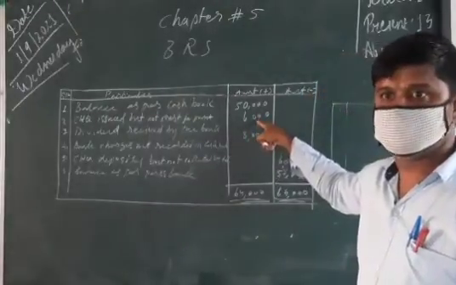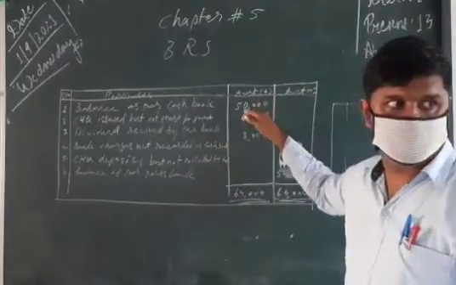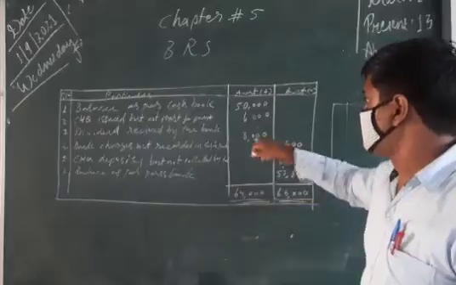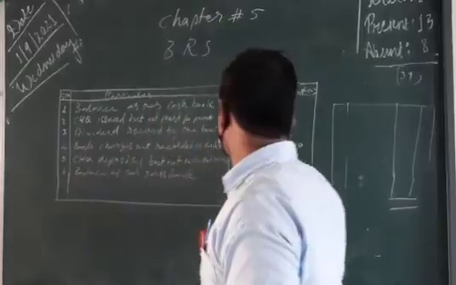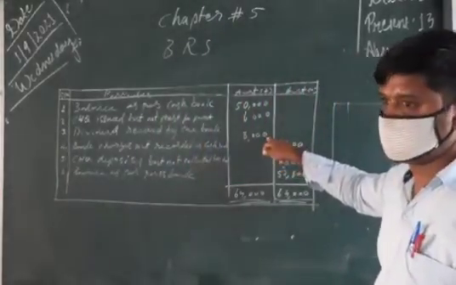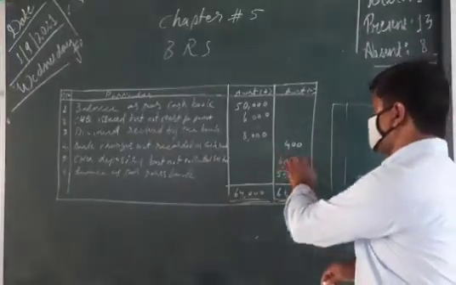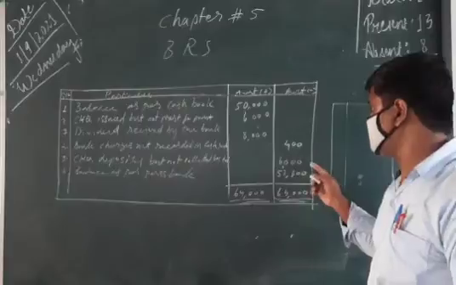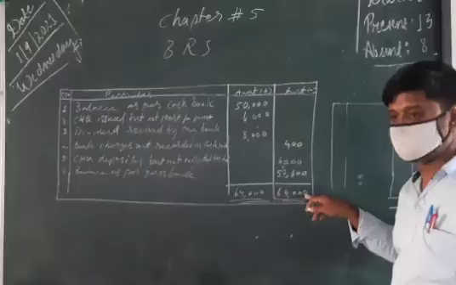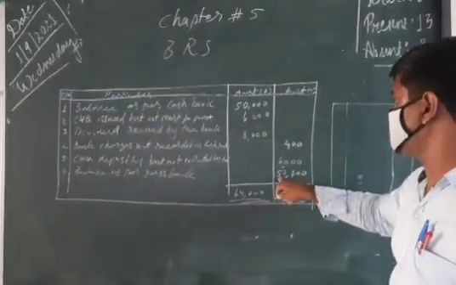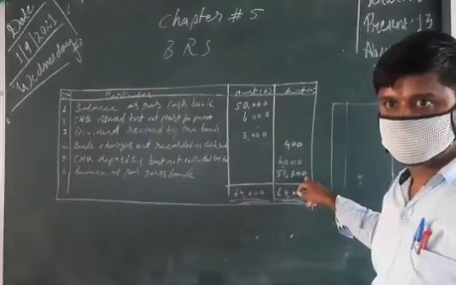Okay, this is for the payment. After payment, this amount we already reduced, but the bank has not reduced it. But this amount you can see we got extra; the bank has recorded it and we need to record it. That is why we mentioned it here. And this amount the bank has not collected. When the bank collects this amount, it will increase and reach 64,000. Now the bank balance is only 57,600. Clear now? All of you understand now?